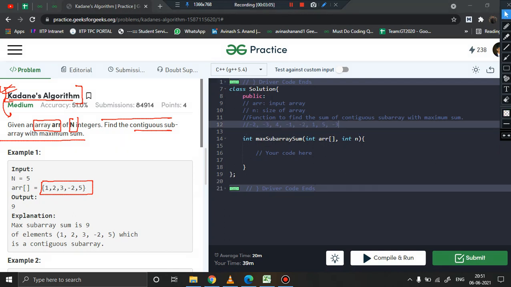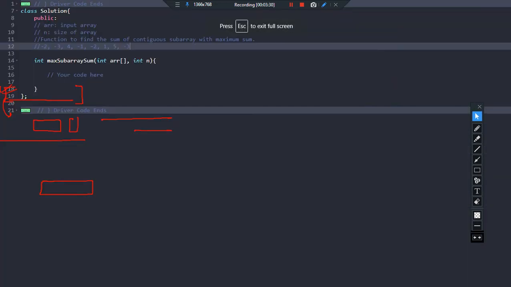I'll be taking an example, and I'll be considering the elements minus 2, minus 3, 4, minus 1, minus 2, 1, 5 and minus 3, right? If it is visible, I hope. Let me increase the size of the screen to make it more clear, and let me erase all these things that I have discussed right now.